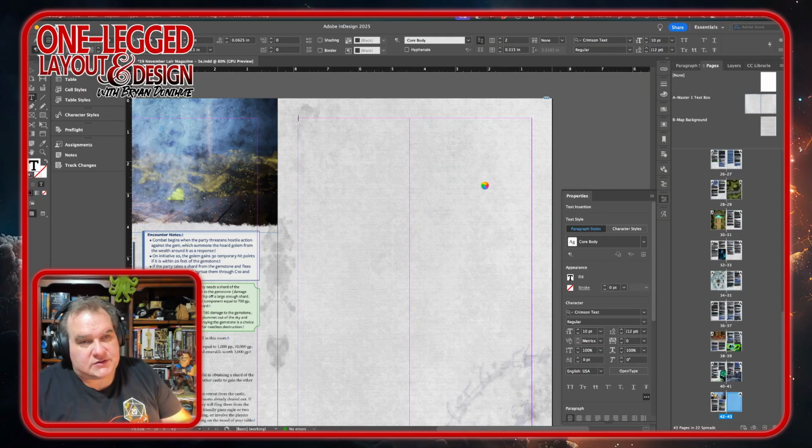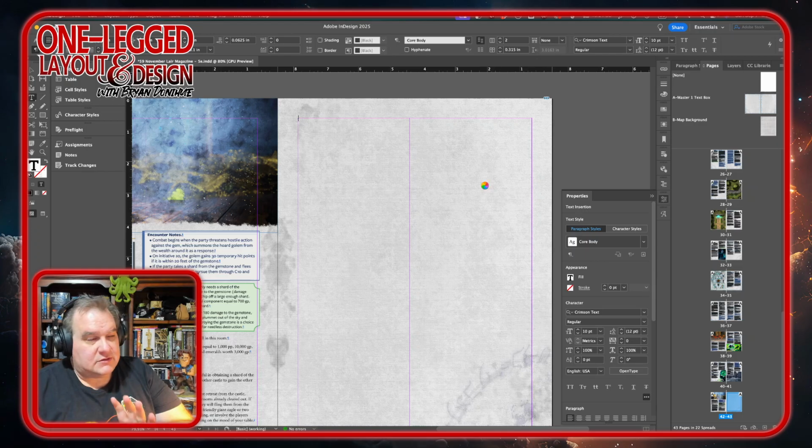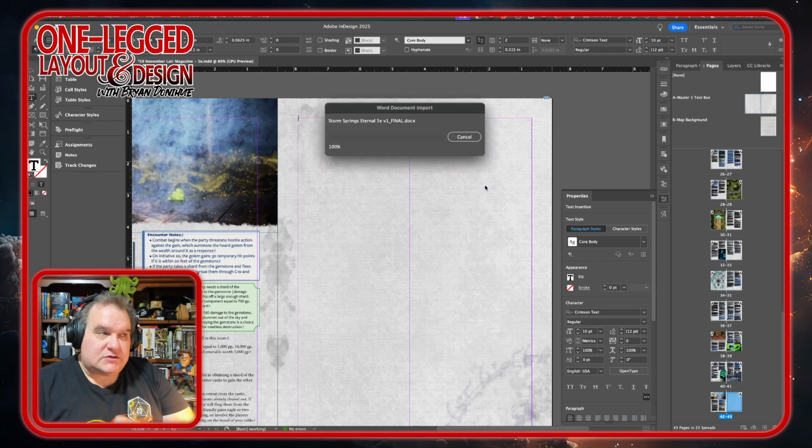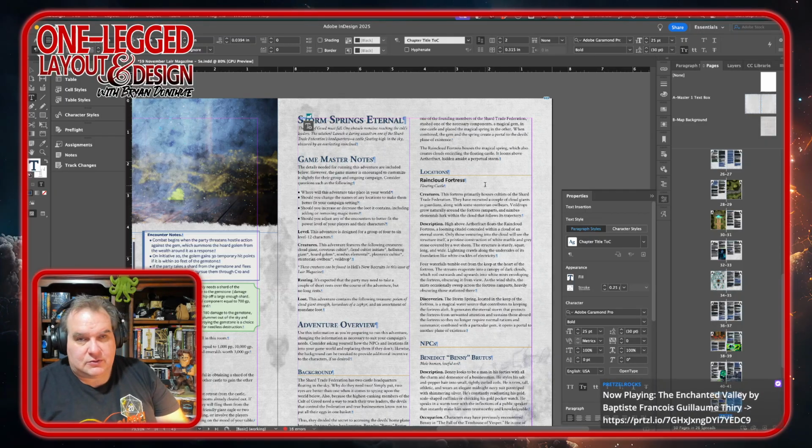So now it goes through, and anything that I have it set as will import into at least mostly correct format. So things like headlines or headers should actually come in correctly if they've been done correctly. And it looks like I'm about 15 seconds out from my ad, so when that happens, we're going to go to